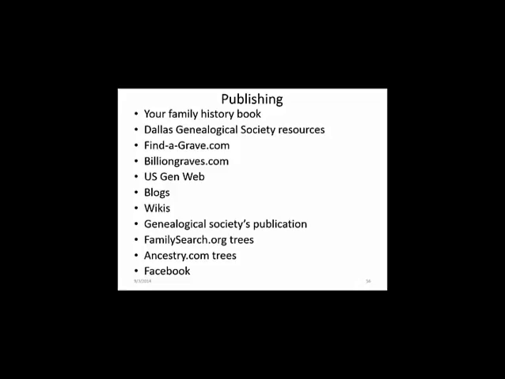A Genealogical Society publication. When I talked about resources, I said, do you have an index if you've done some kind of project? But for the Society's publication, you write your story. So instead of a 200-page book, write a 5-page story. You can publish in FamilySearch and on Ancestry and their trees, make it public. That's one way to do it. And Facebook is obviously one option, a much less formal process.